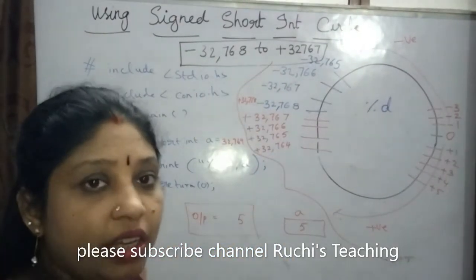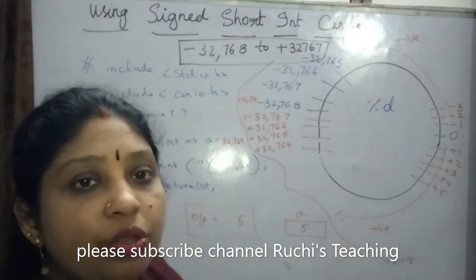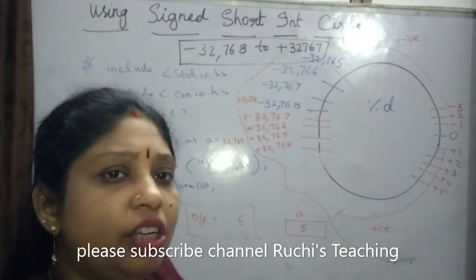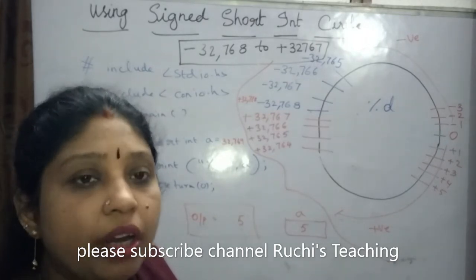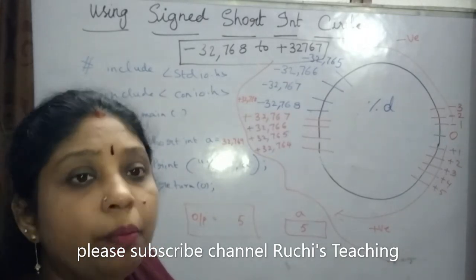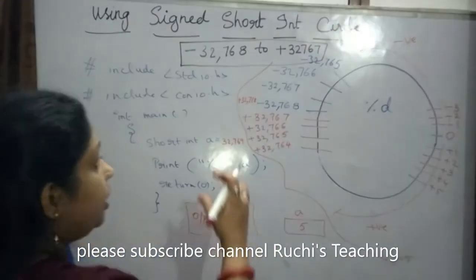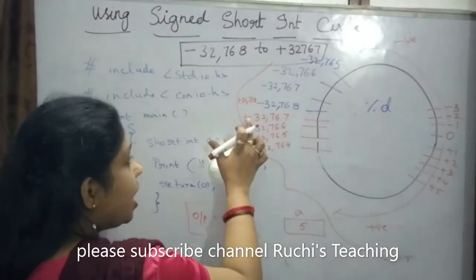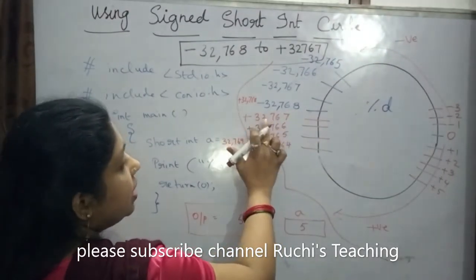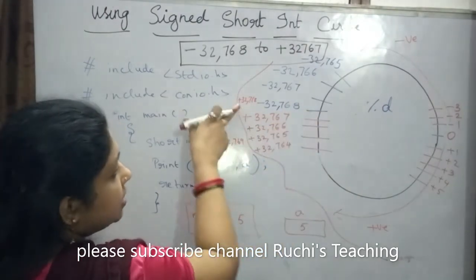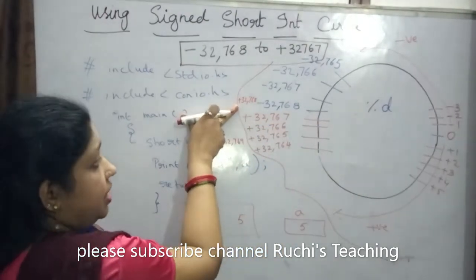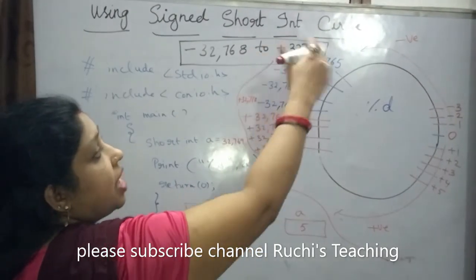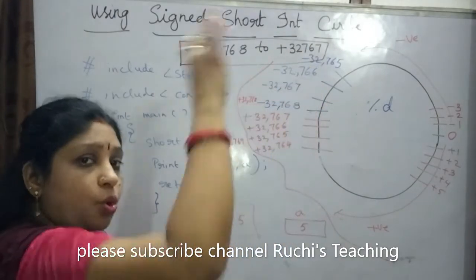Because that value is not there, it will not understand what to do, because we have given a value which is not there in the circle. So automatically it will not give any error or anything, but what it does is, it will start counting like this. Till this value it is correct. After this value 767, it will think of that value as 32,768. Next, till that value comes, it will start assigning in its own way, like this.